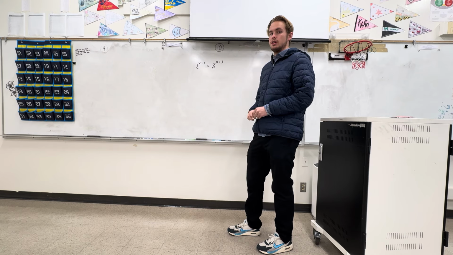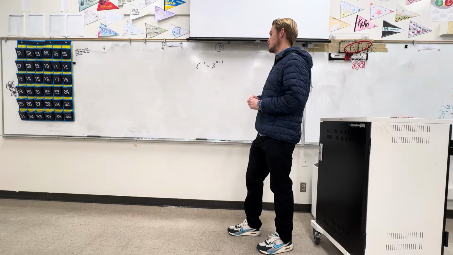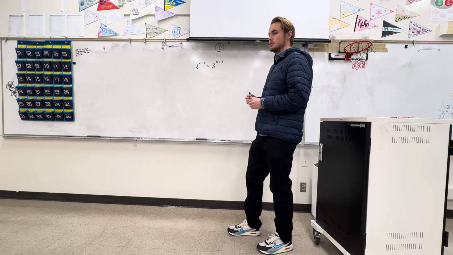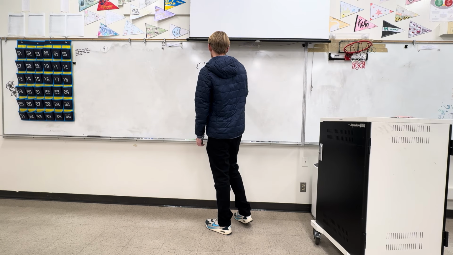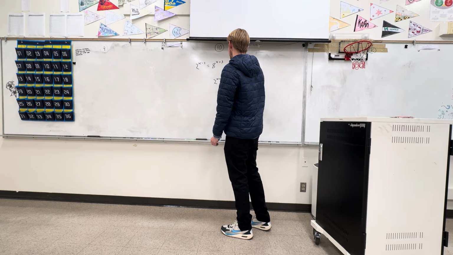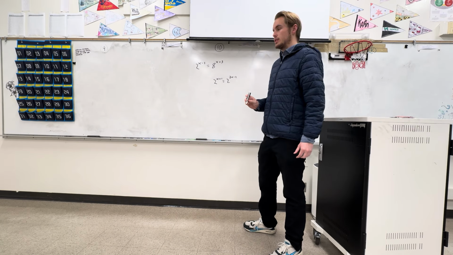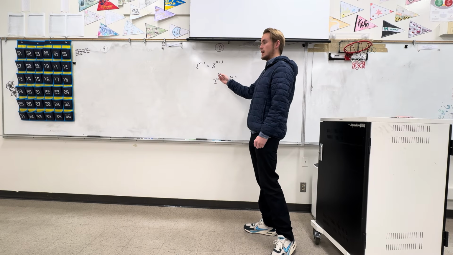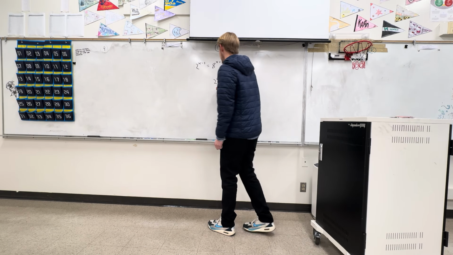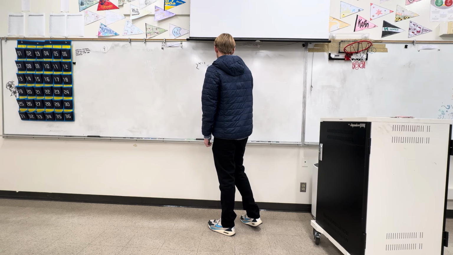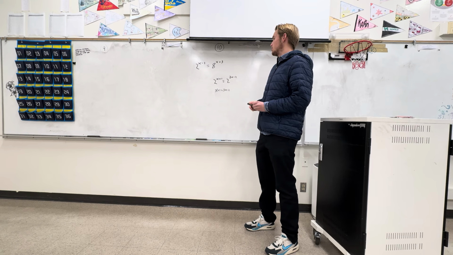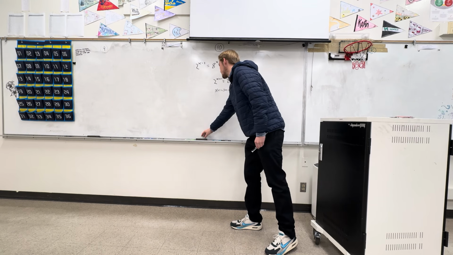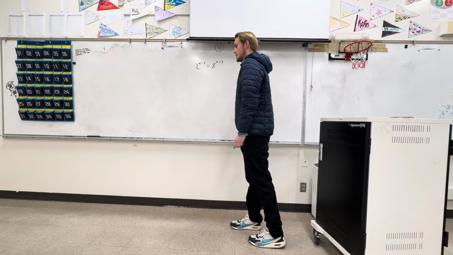something you guys should remember is these become a lot easier if our exponents have the same base. So if we had something like 2 to the power of x plus 1 equals 2 to the power of 3x minus 2, that'd be really easy to solve, because if the bases are the same, that means the exponents have to be the same. So we could just set x plus 1 equal to 3x minus 2, and then we solve for x, and that's it. With this problem up here, it gets a little trickier though, because our exponents are not the same,